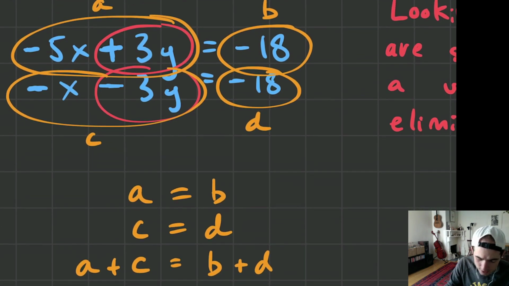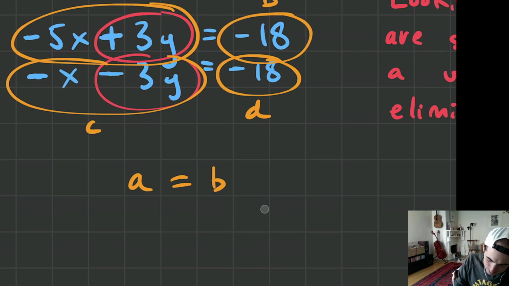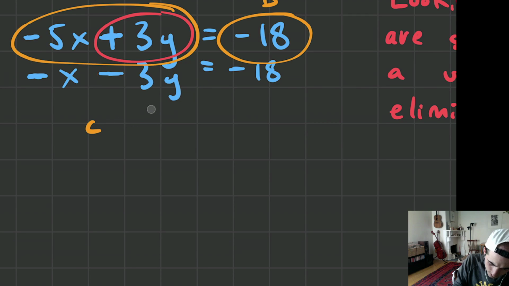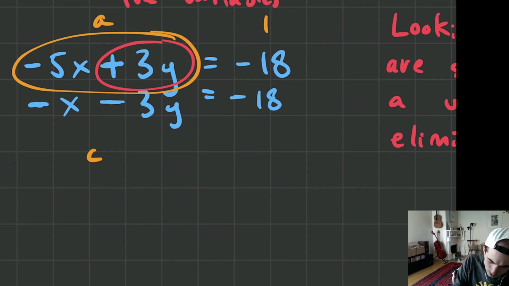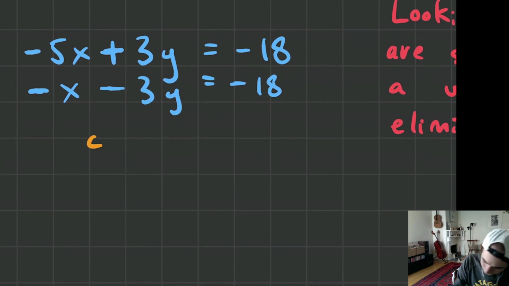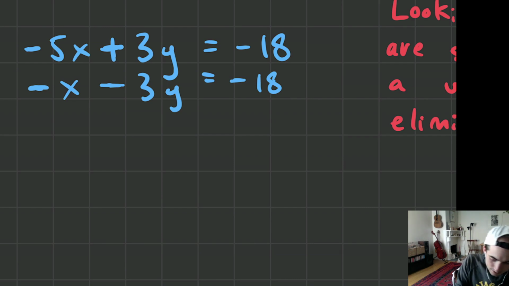That's what we're doing. So I'm going to add these things together. I can erase this now because we're sort of done with that. I'm going to add all this stuff together, the left-hand sides of the equation together and the right-hand sides. And the reason I want to add them